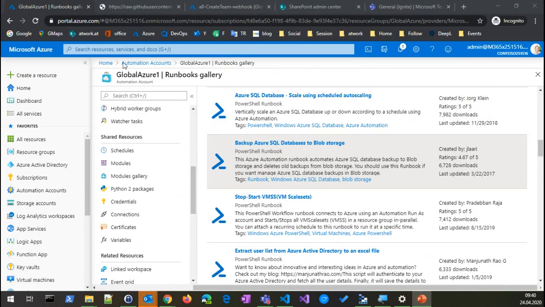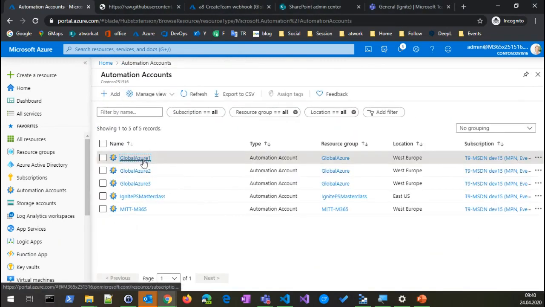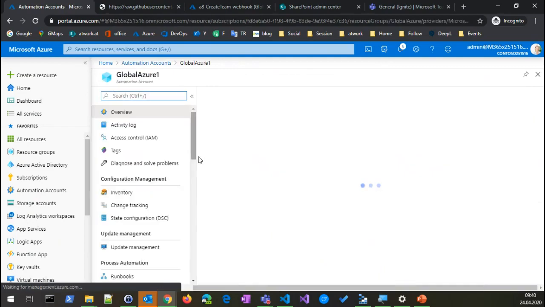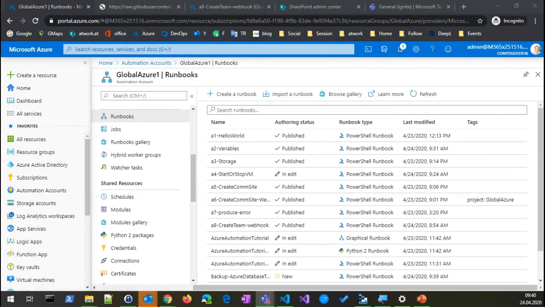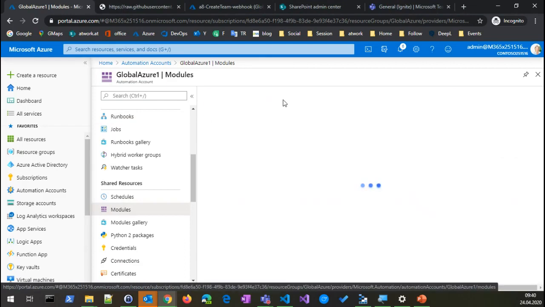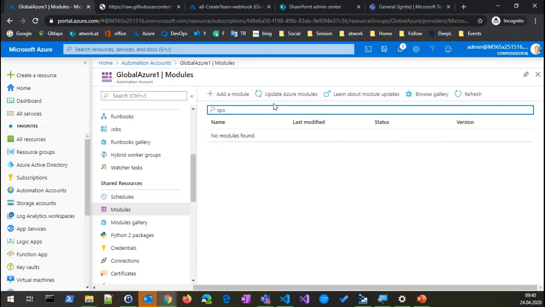Working with webhooks, for example, would be a nice one. So let me go back to my Global Azure here and go to the runbooks and see what else we can do here. So we've seen how we can import modules, and I've already imported a module that's called SharePoint modules, I think,